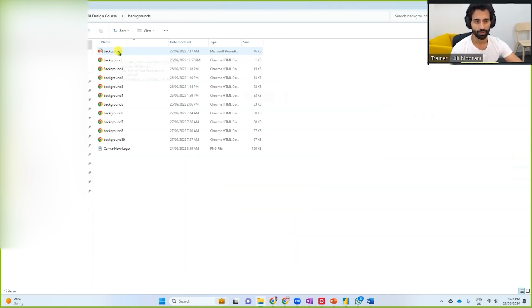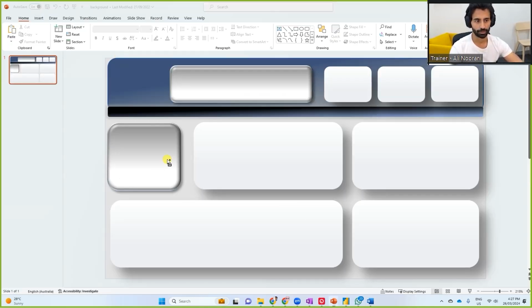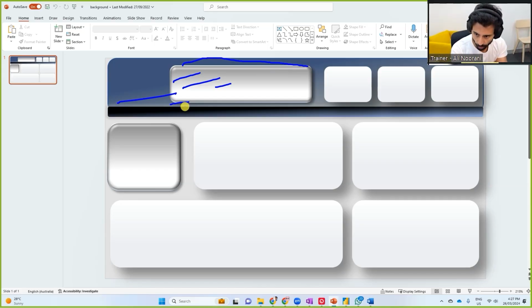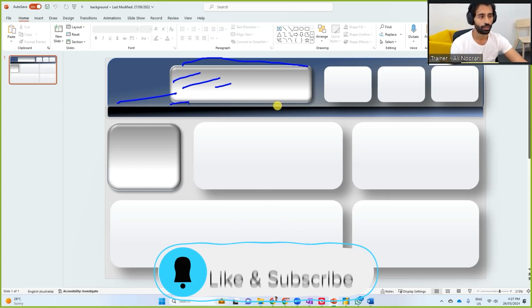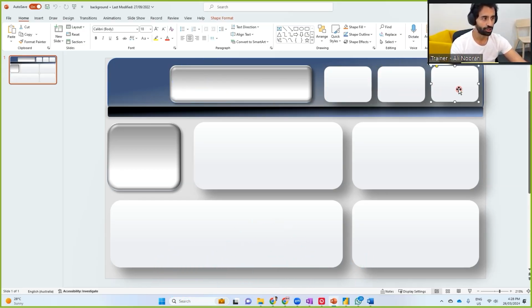You don't have to do it for every report, but in PowerPoint, you have a lot more options to format a visual. See this gradient and see the bevel shapes. All of this is not possible within Power BI itself. So once you have your final report, you can use the sizes. So the sizes are consistent across Power BI and PowerPoint. You can use the sizes, you can create some shapes, you can format the shapes,